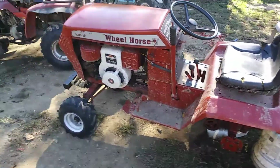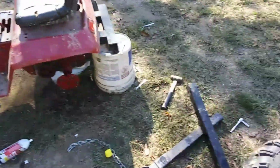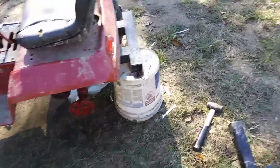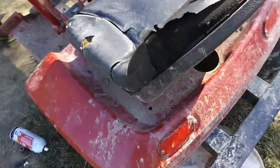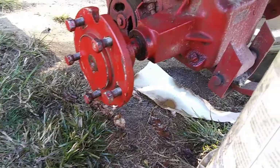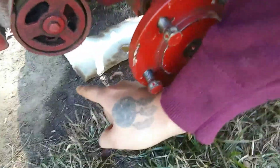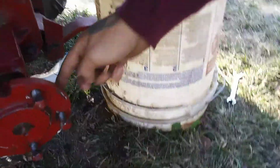Okay, so we took a ride a couple days ago up the creek and back, and we just played around on some banks and stuff, and it was only like the third ride the wheel horses had out. And I parked it with the other ones, and then come back out the next day, and there's a huge oil spot. Like, you can't really see it now, but it starts here, goes all the way around,